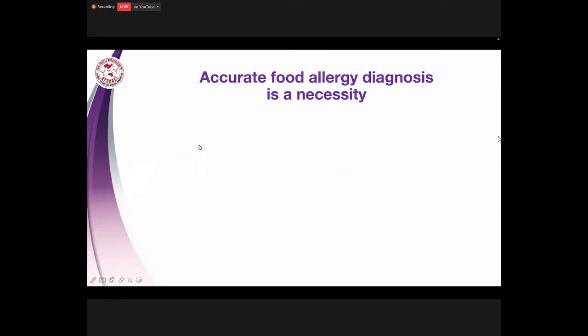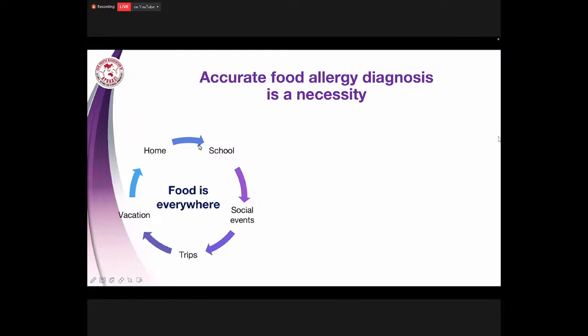Food allergy diagnosis is very important because food allergy has a very significant impact on the quality of life of the affected patient and the entire family. So if we misdiagnose allergic rhinitis, of course, it's a negative experience for the patient, but it doesn't have as far-reaching consequences. As you can see, all aspects of life, social life, nutrition, and every moment are affected by this diagnosis. So some of the largest burdens of food allergy, one is fear of serious allergic reaction and fatality,